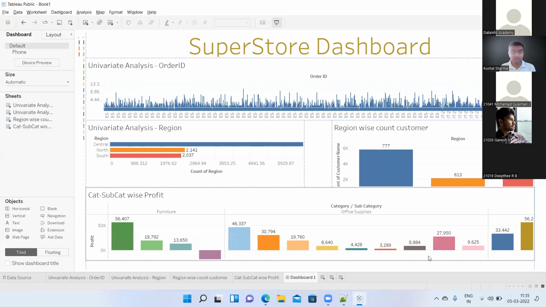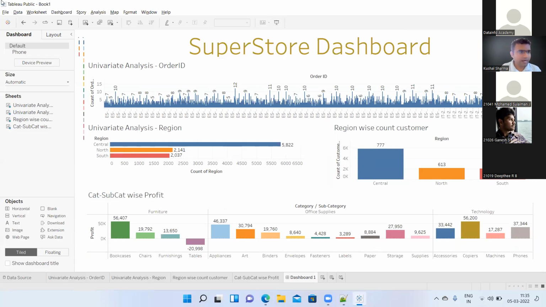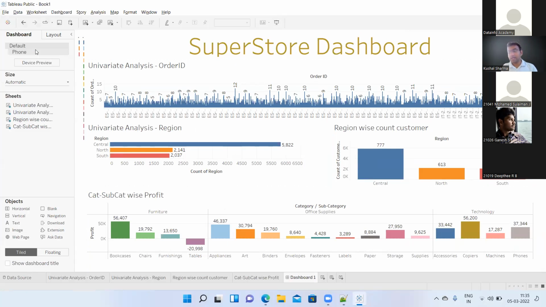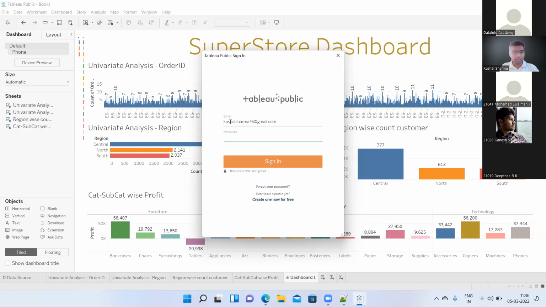Now once you are ready with the dashboard, where does this dashboard need to be taken? To Tableau Public. For that, you need to go to File, and from File, you need to save to Tableau Public, and it will ask you to save here. Here you can see, and here you can type the email ID, and here you can type the password,